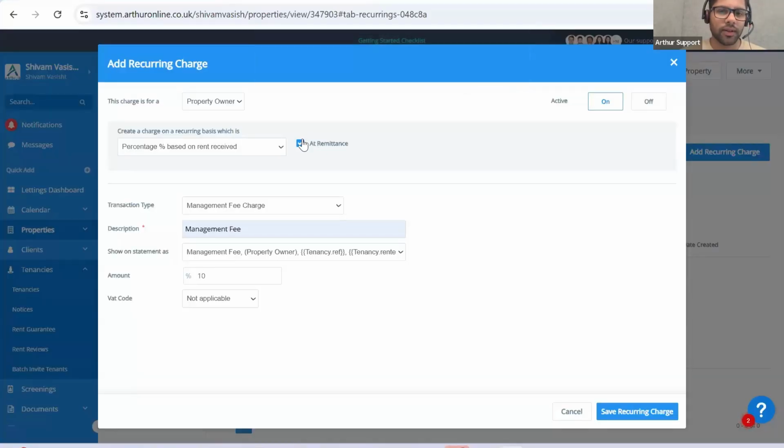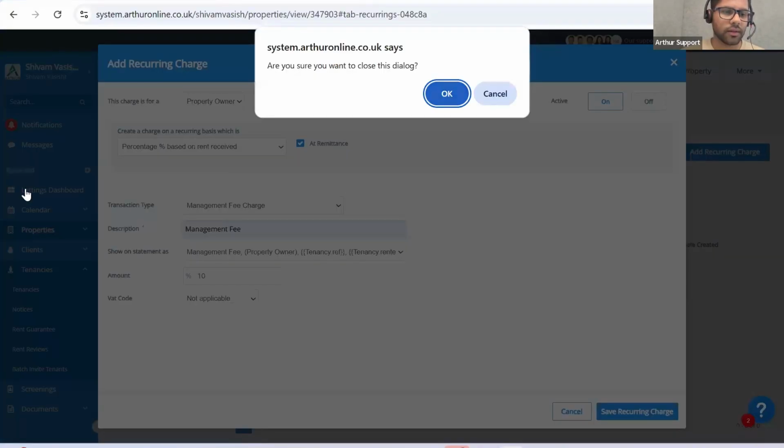This remittance box means that the management fee will apply when you're going to process the landlord payment. So we'll go through the remittance process after, but as you know, once you've collected the rent, you then go into the financial dashboard here,